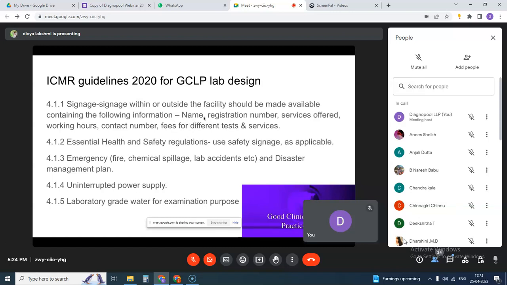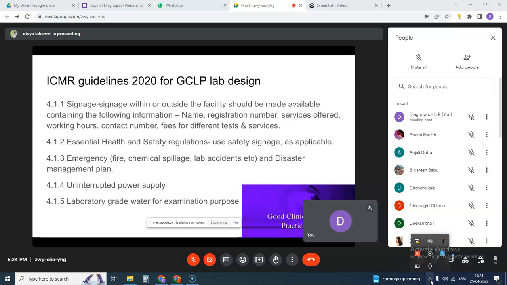It should have the name, registration number, the services which are offered by the lab, the working hours of the lab, and the contact number in case the customer or the patient wants to talk regarding any test. The fees for different kinds of tests, and the services offered, should be displayed on the outside or within the facility. The essential health and safety regulation signage should be